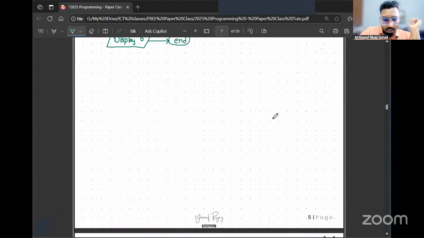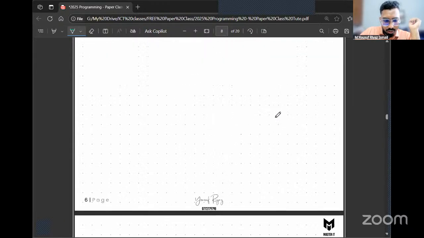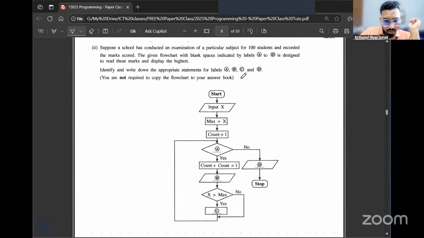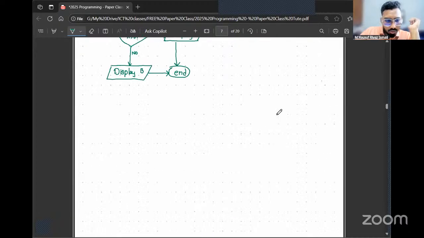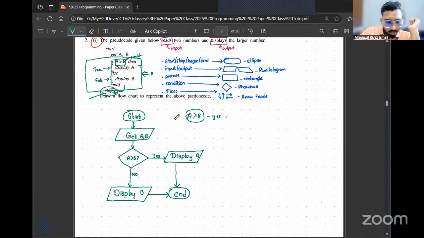Okay, if you got this correct, for each shape, put one mark.